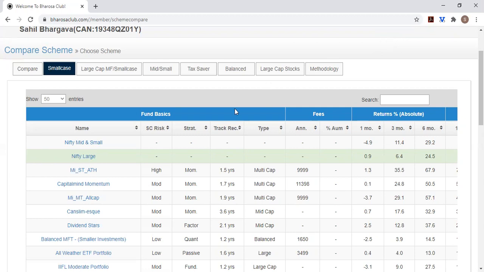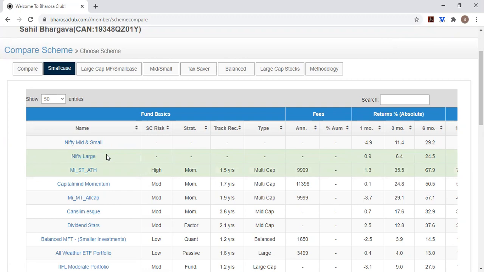The first thing to notice is we've included the benchmarks as rows in the table. You can see here Nifty Mid and Nifty Large are rows that are included for benchmarking purposes. One of the things you always want to do is compare the small case performance to the indexes because they're all trying to beat the indices over long periods of time. For that reason, we really want to always revert back to the indices. So you can do that in the database easily.